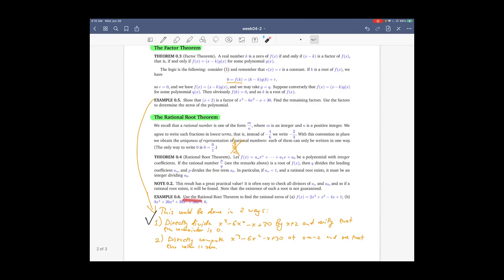We will use the rational root theorem to find all the zeros of these two polynomials. One is a cubic, the other polynomial is of degree 4. Note that this generally is a difficult task. There are no formulas that we could use in practice to find roots of high degree polynomials, although there are formulas for the roots of polynomials of degree 3 and 4. They are not very practical. We will not use them. We will use the rational root theorem. All right, so let me move to the next page.